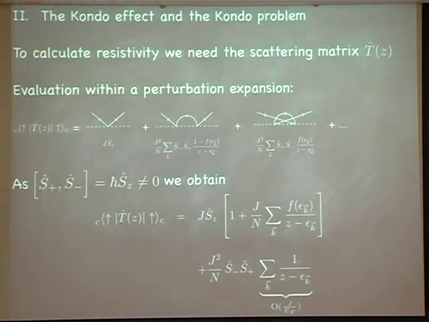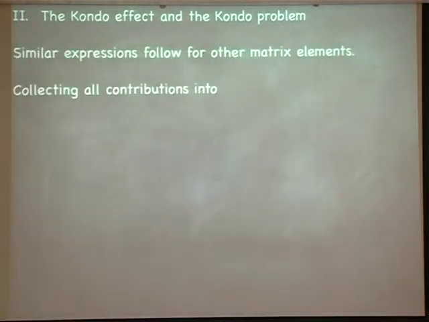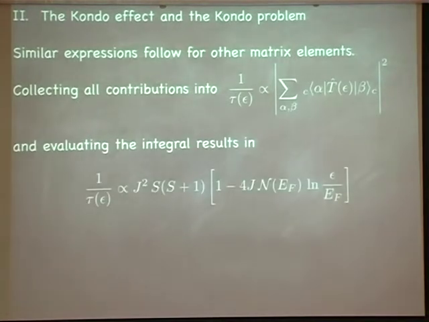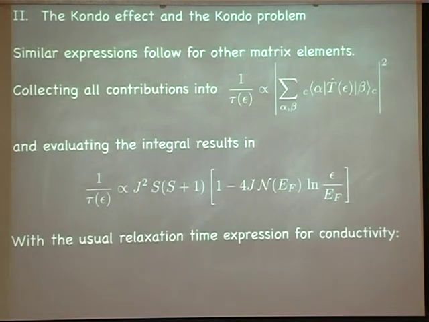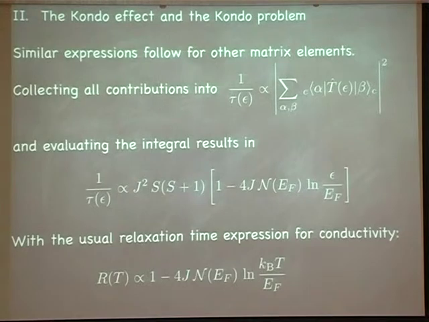And the logarithm is a very beastly thing. It diverges in both directions. So minus D is fine, but the 0 gives you a logarithmic divergence when you're at the Fermi energy. Aha. Logarithm, fine. And if you now collect all the contributions and actually do the integrations properly, you find that tau of epsilon does contain this logarithmic part, log epsilon over epsilon F. And if you then put this into, for example, the Boltzmann equation or kind of scattering time approximation for the resistivity, then you end up with a resistivity which is proportional